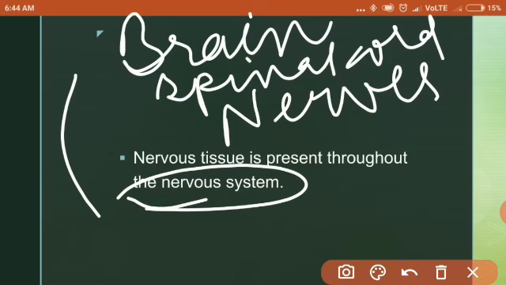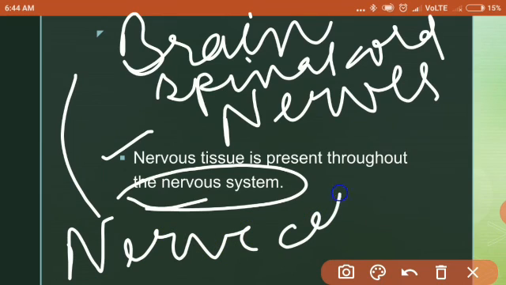This nervous system plays an important role in the communication and controlling of the different systems of the body. It coordinates various body parts in their functioning. So all the messages for coordination of different body parts are transported by nervous tissue, or you can say the nerve cells which form the nervous tissue. How it occurs, you will be studying in detail in your chapter on the nervous system, or even in the higher classes.